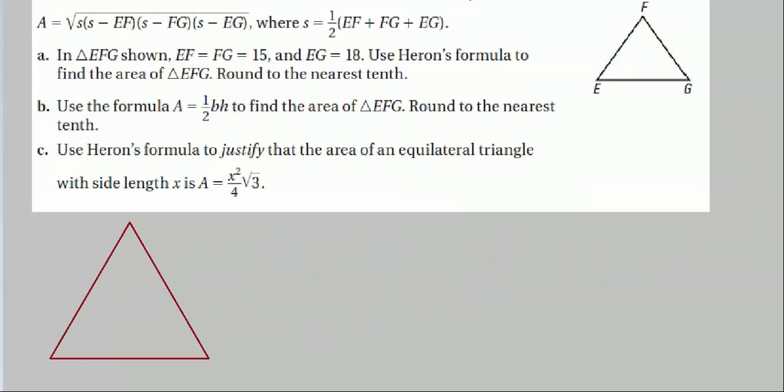Now the last thing they would like us to do is to use Heron's formula to show that the area of an equilateral triangle is equal to this, where x is the length of one side. So I went ahead and put in an equilateral triangle here just to give us an idea of what we're looking at. And for the area we have to figure out this altitude normally, but with Heron's formula we don't. We've got this, and with every side equal to x,